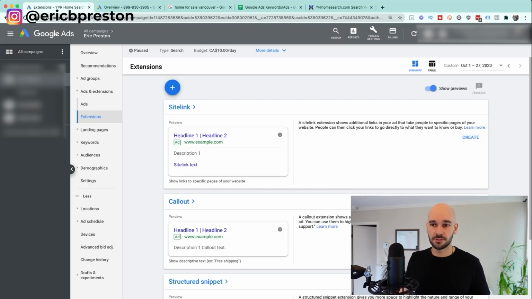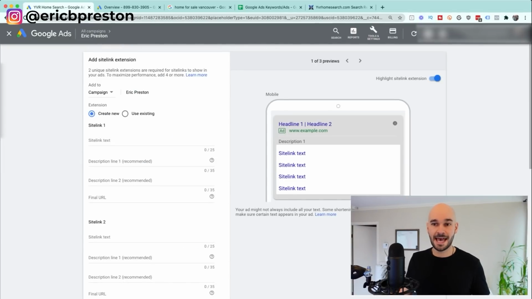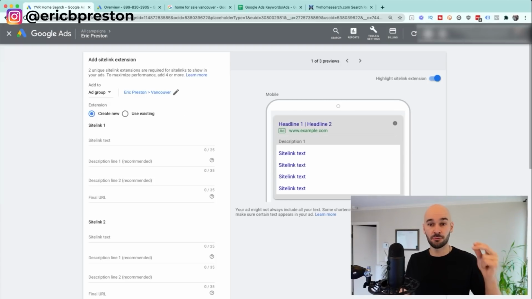But if you just go into the plus button here, I can click site link extension, and then it'll allow me to add my site link extension to the account, campaign, or ad group. Generally for me, I do ad group because my ad group is Vancouver. So I want all my extensions to be related to Vancouver. So I would do something like this, Vancouver condos. And then I would do maybe a sub area of Vancouver. You could do townhomes, homes, something like that. And then I would do Kitsilano, new Kitsilano listings,